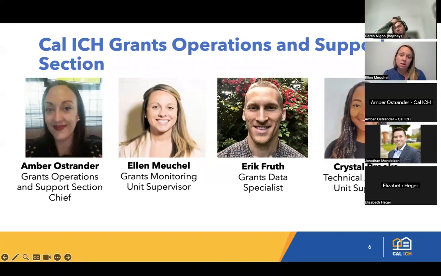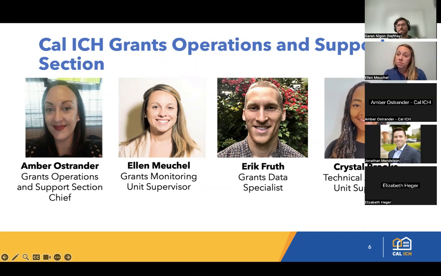One of the main things that our team oversees is the reporting process. So there are quarterly reports, which we'll be discussing later in this presentation, and my team helps to distribute and receive those. Additionally, my team is working on a desk review process, which is an active monitoring process that involves little involvement from the grantee,